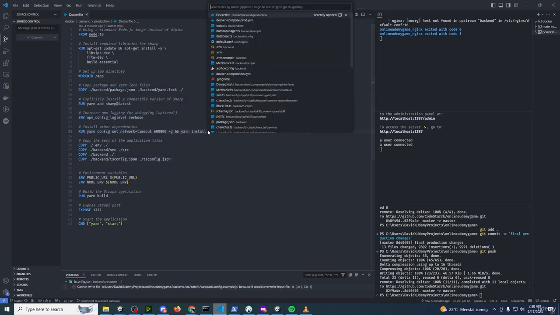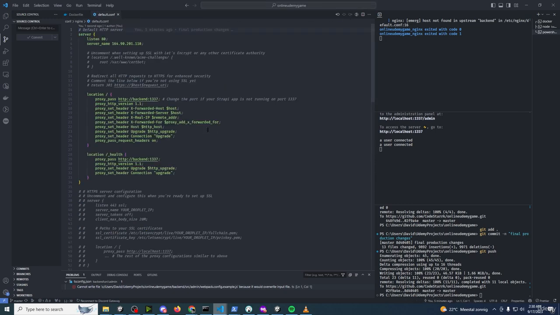Now go to the default conf of nginx, and what I also did was change the IP address to your new IP address of DigitalOcean and save that. Then do a git add, git commit, final production changes, and git push. After you've pushed that, you should have 3 changes: a Docker file, the default conf, and the database.ts that we changed. You push that, and